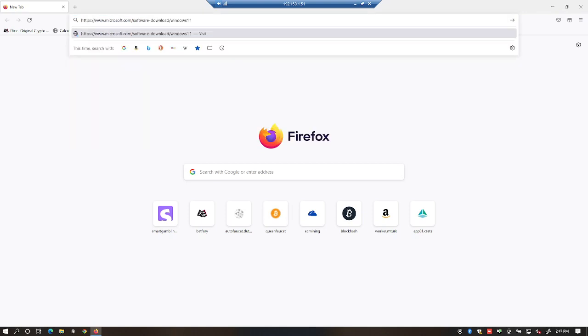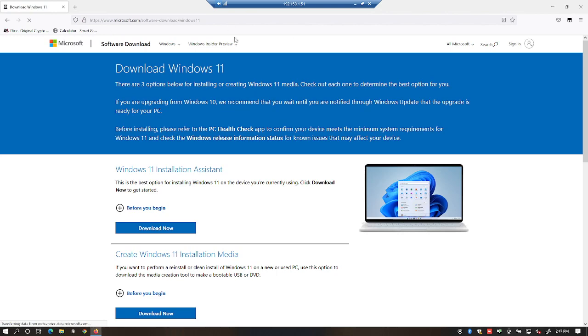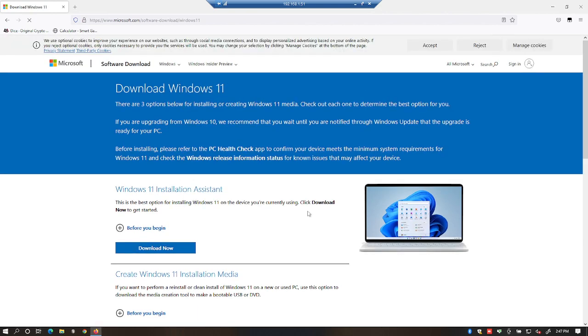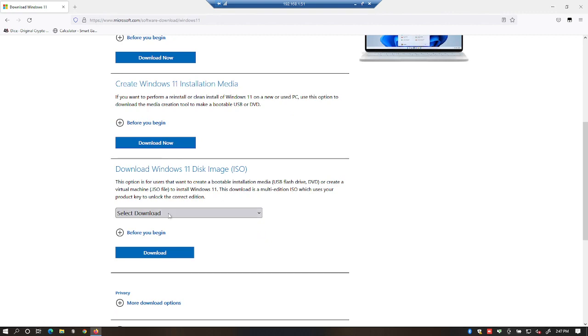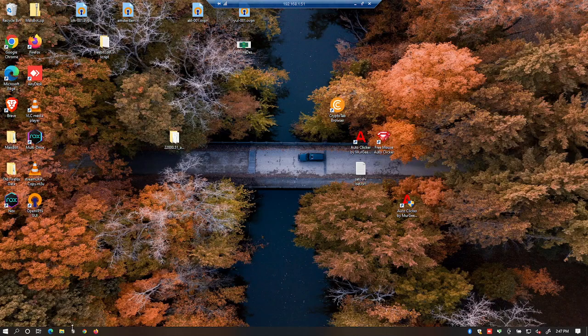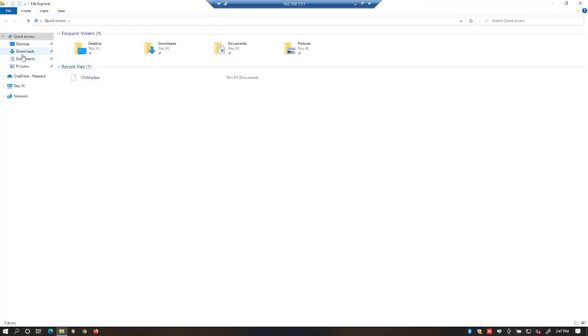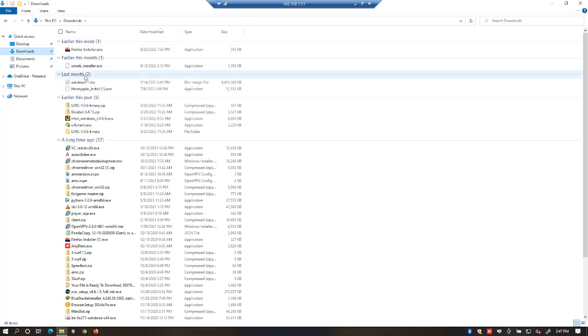download the Windows 11 ISO. I already have one on this machine, but I'm going to show you where you can download one. I'm going to put this link in the description. You would go to this page and download the Windows 11 ISO file, and then you can just click on download. It'll start downloading it. Since I already have one on my machine, I'm not going to download it. I'm just going to open it